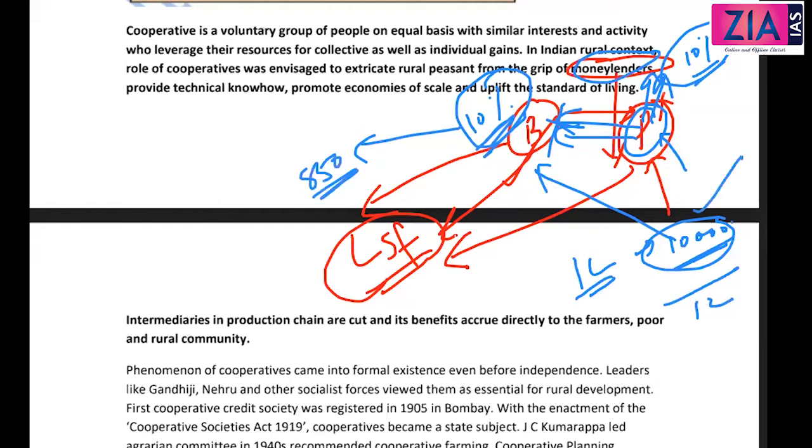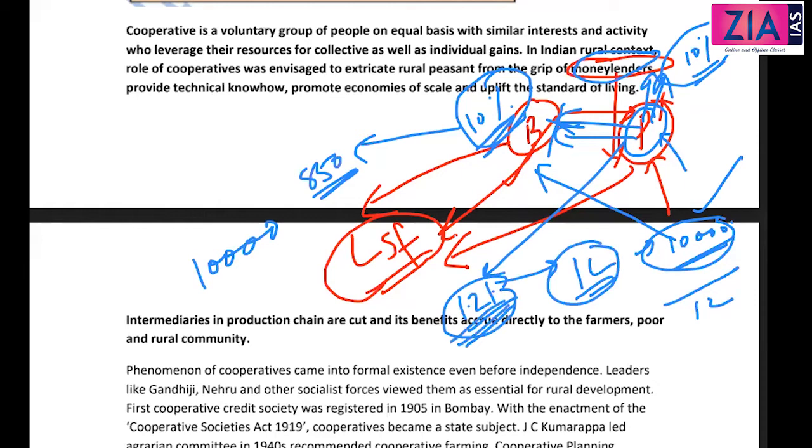See that difference. Okay, so ultimately, in 1 year, how much do you need to pay? While you pay about 10,000 in the bank for the year, you are paying 1.2 lakh to the moneylender. You took 1 lakh. You are paying 1.2 lakh as interest itself, so almost double. Now banks are giving loans at this low interest to the large-scale farmers. The poor farmers, the peasants, are suffering, and ultimately that leads to suicides and all these issues.